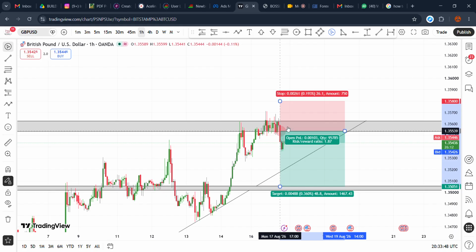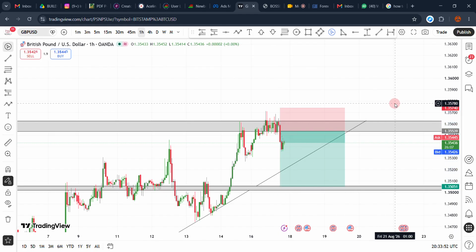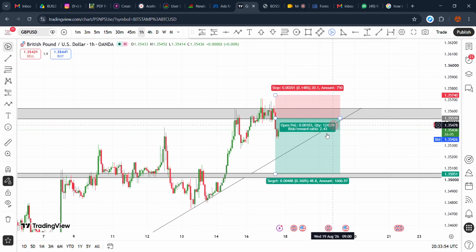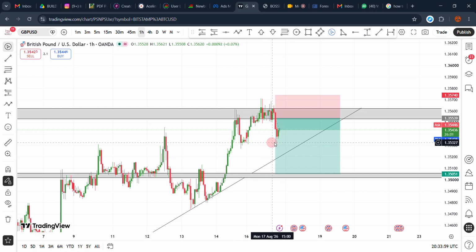I intend to take a quick sell from that zone to this zone. My stop loss will be above it like this. This can still happen. I intend to allow the market to pull to the upside again. What I mean is, if price comes back to the upside like this